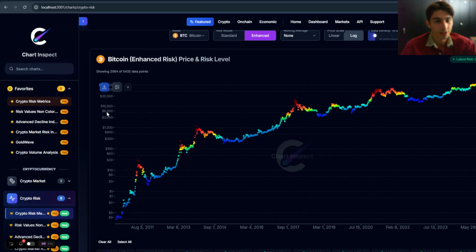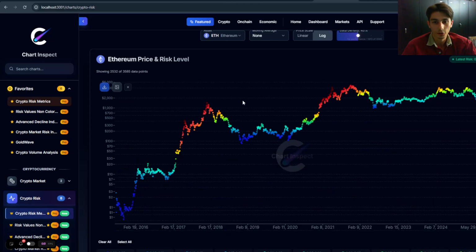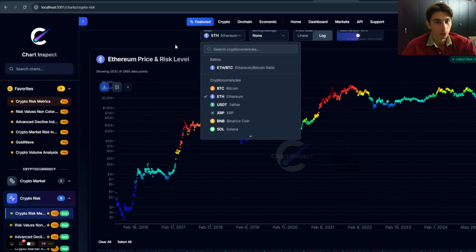So you can see that essentially when Bitcoin's price hits a top level, it corresponds to around a red level for Bitcoin, and when you have a bear market, it corresponds to typically these blue regions for Bitcoin's price. And you can also see this for Ethereum, for a lot of other altcoins, which will be available